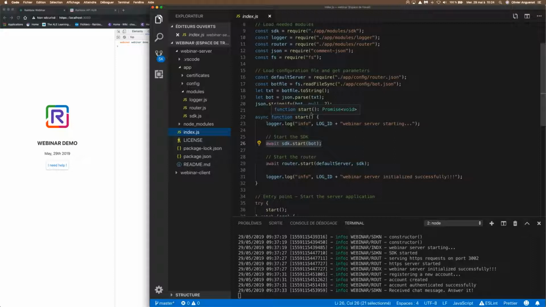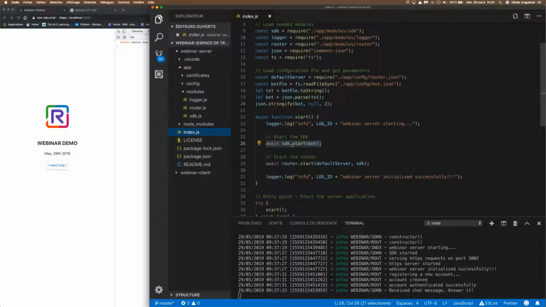What I did here is initialize the SDK using the bot identity and the bot credentials. Just to mention, I use a unique identity, the bot, which has the administrative rights to create accounts and to authenticate them.